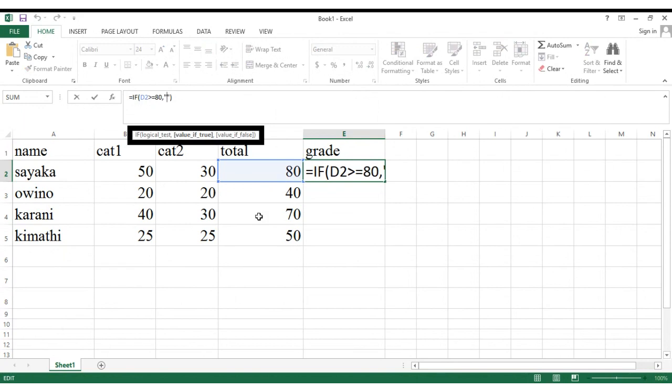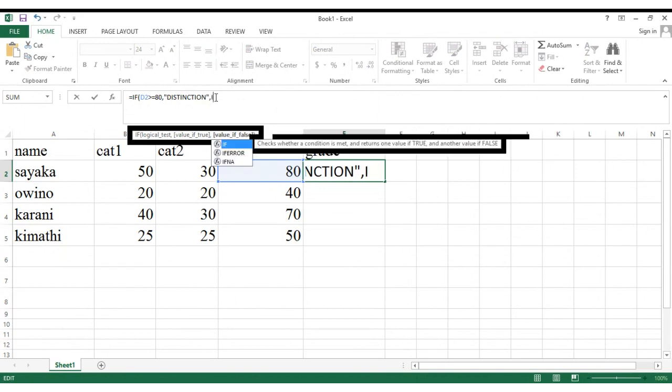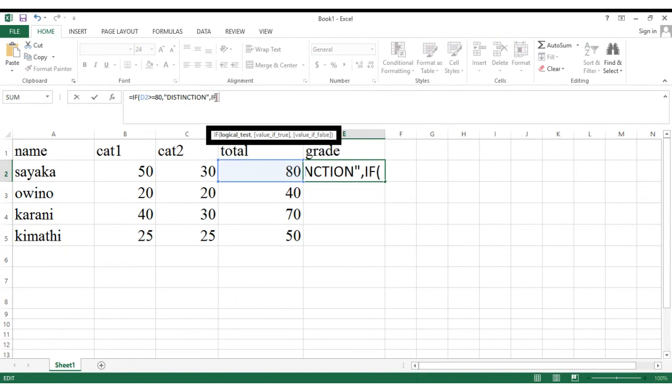Double quote, then you write distinction. Good. Then come here, remove this, comma, then you write if again, open the bracket, again D2, because D2 is our determinant, greater than or equal to 70, comma, that is a credit, comma, and if